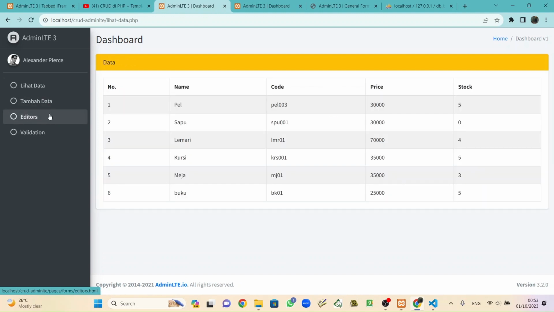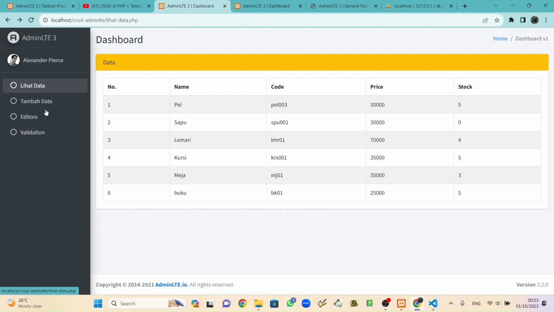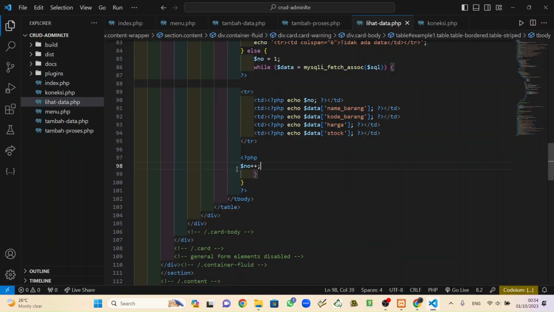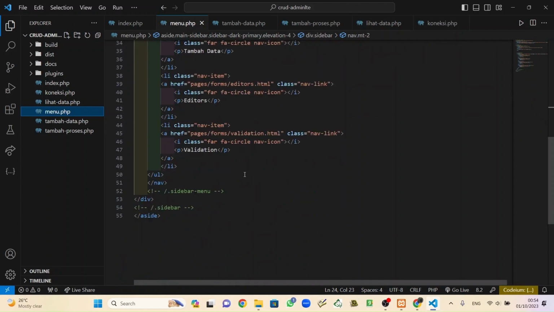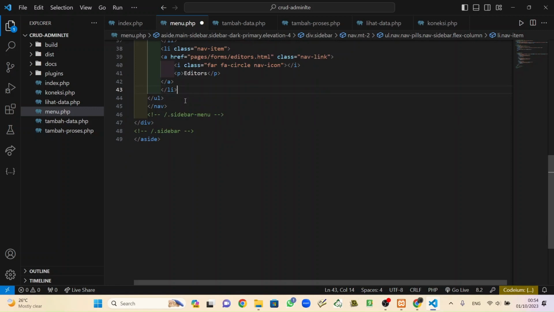And the tambah data and the edit data. Validation, we will remove validation. So just 3 things here. Move to the menu. Validation, we don't need validation. We don't need validation. Primary one. Okay. Move that, and then this we will make edit data